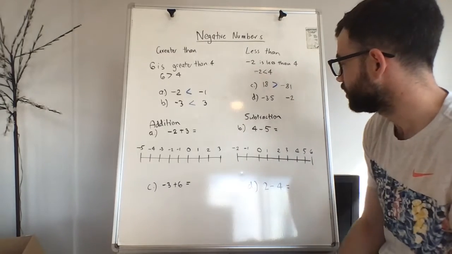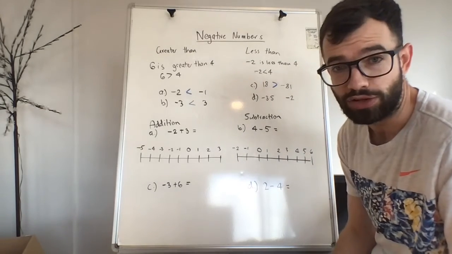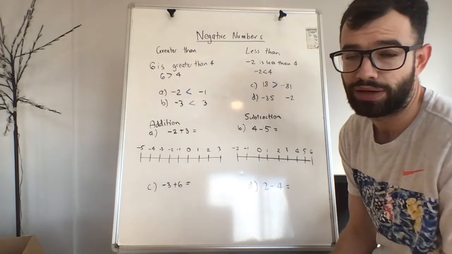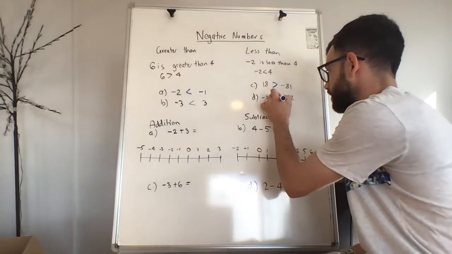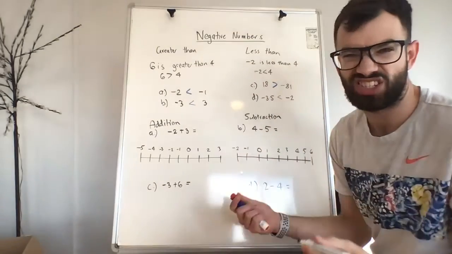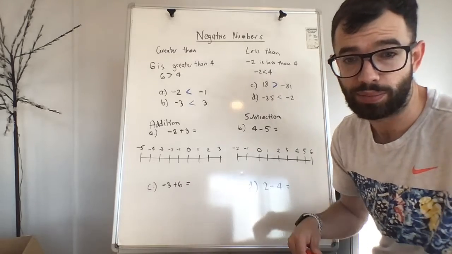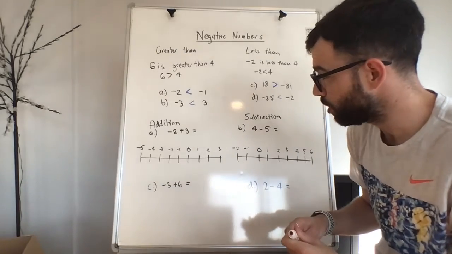If we look at the next one, -3.5 and 2. Okay, -3.5 is less than 2. Again, we have our mouth pointing. So that's just a bit of almost like a warm-up. Now let's look at what happens when we actually have some problems to solve. So the first problem we have is